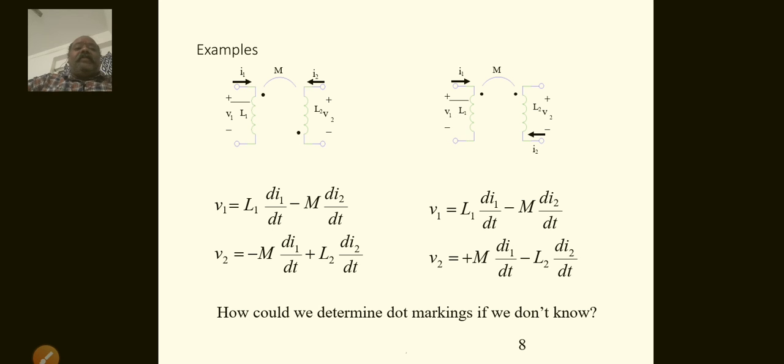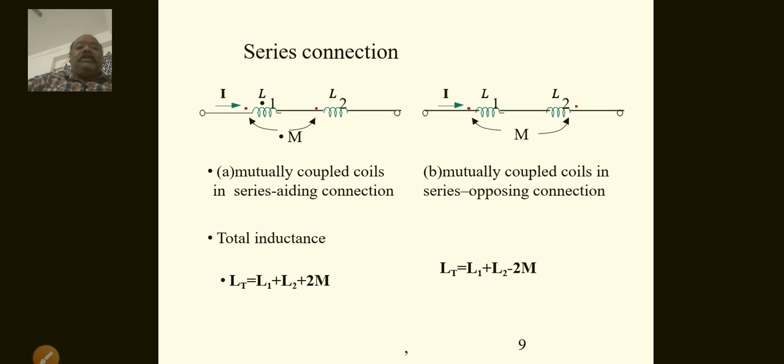How could we determine the dot marking if we don't actually know it? How do we make that? Just observe the series connection of mutually coupled coils in series aiding, as I already told. If the dot is there, both will have mutual induction M, in both directions with L1. Take mutually coupled coils in series aiding action: the dot is here and the dot is here. If we take mutually coupled coils in series opposing, it starts here, so it is opposing. Just observe the total inductance of the two coils,